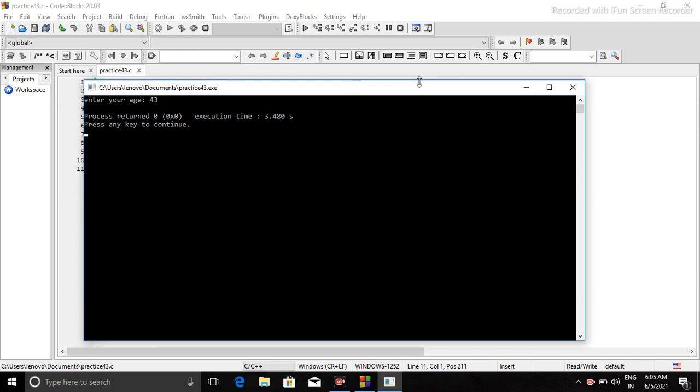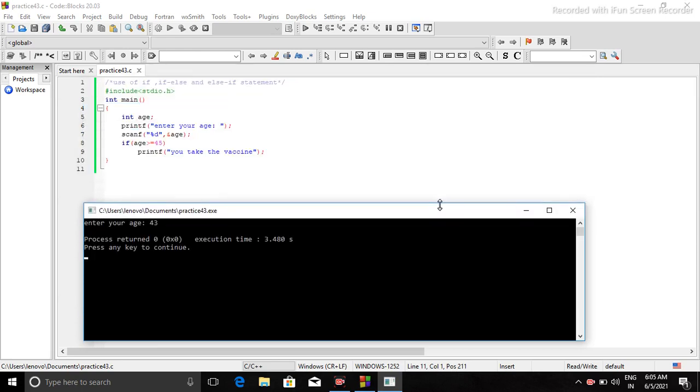That means, what is the if statement doing? It is checking the condition, and if that condition is true, then the next statement is executing. Otherwise nothing is executing here. So if the condition is true, then only the next line will be executed, otherwise it will be ignored.